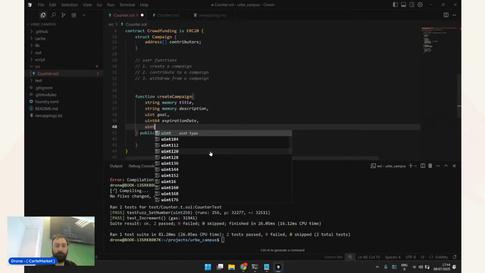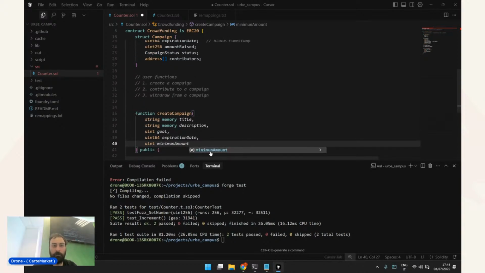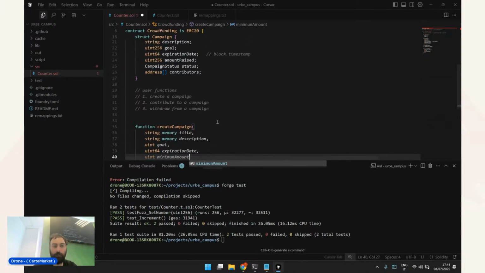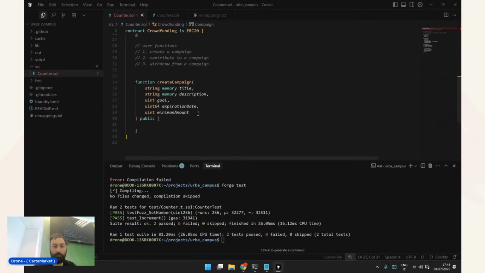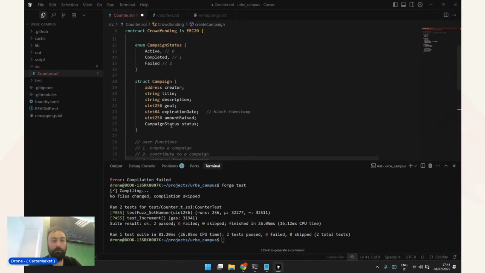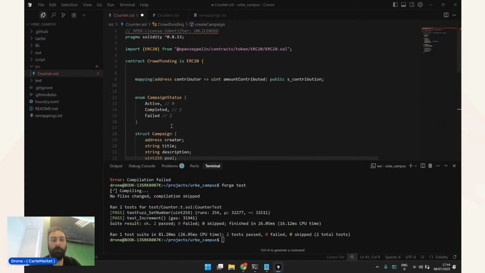Uint minimum amount to receive, and okay, this one is going to be deleted, and you see the point. So if anyone remembers that, now we can create